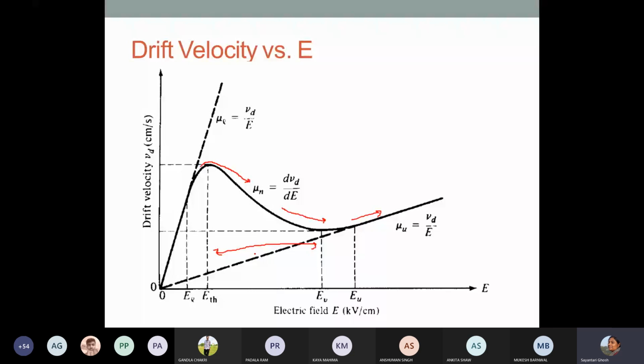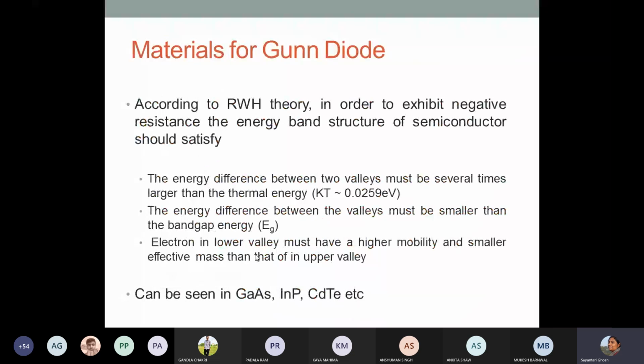Okay, so here you can see that the entire mechanism that gives rise to the negative resistance is completely different, fundamentally different from whatever we saw in case of tunnel diode. Okay, so this is the basic principle of how this device works, and this is basically the reason why you need materials like gallium arsenide or similar compound